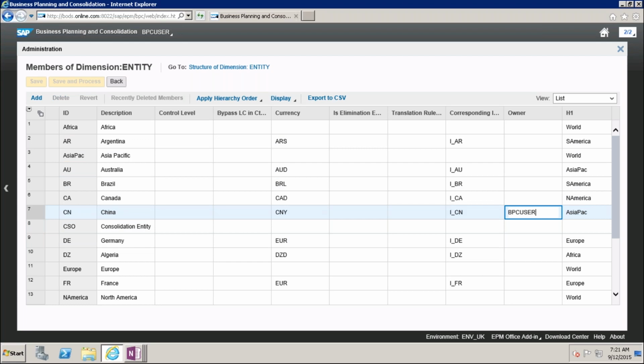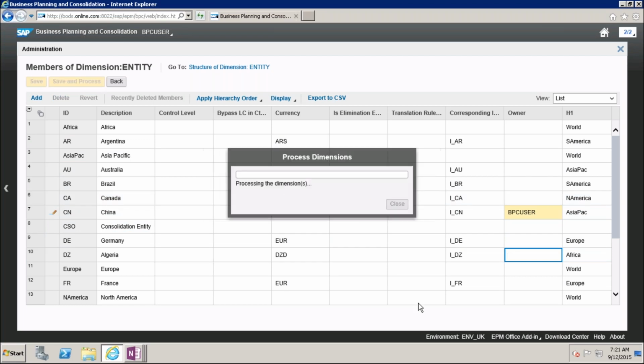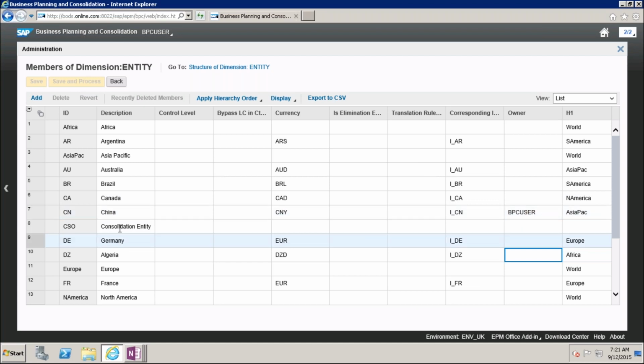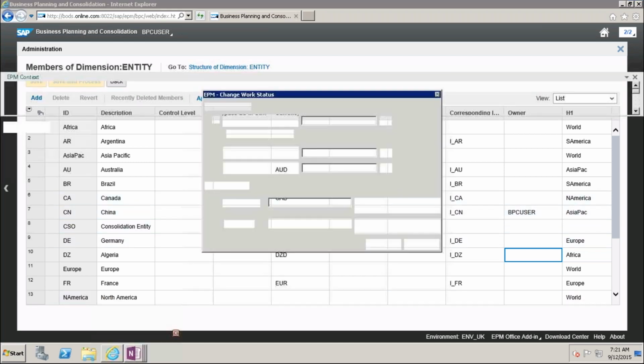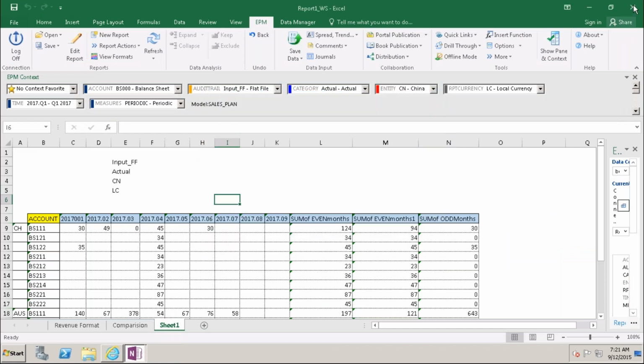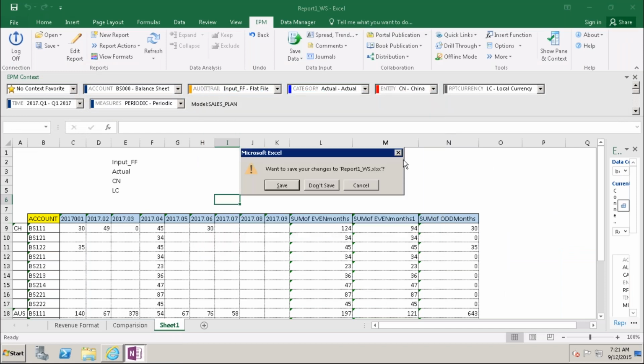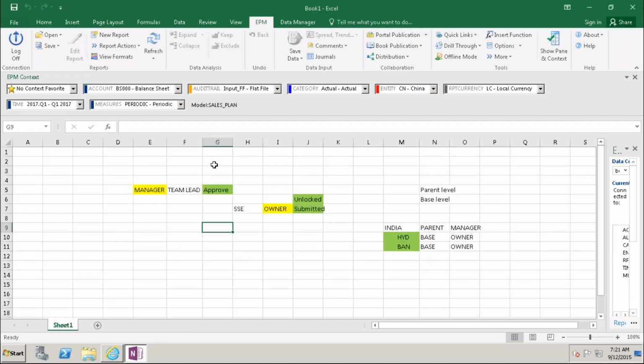BPC user is the user ID, and I am going to save and process the dimension. Now BPC user is the owner of China. Close this. Okay, no problem. Don't save.